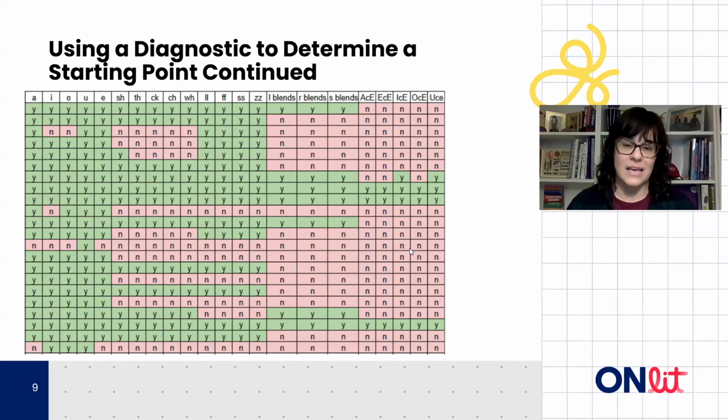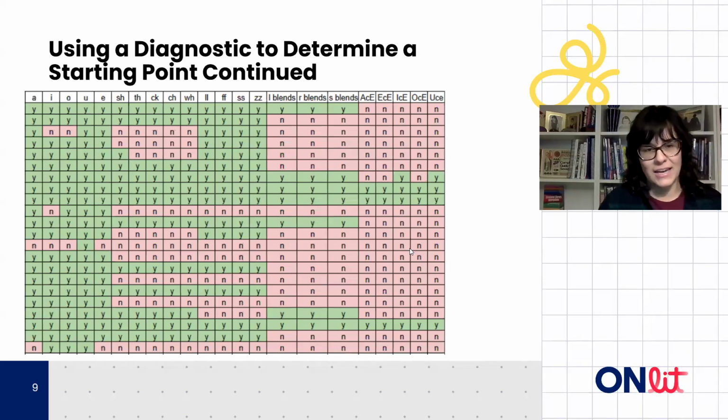Could they say the short vowel sounds, and where were they on digraphs, consonant blends, and then magic E? I'm going to give you just a second here to look, and feel free to pop it in the chat if you want. But do you see any spots visually, an instructional starting point? Do you see any places on this chart where the majority of my students were showing that they didn't have